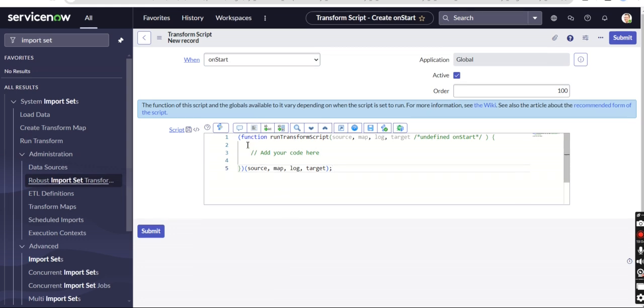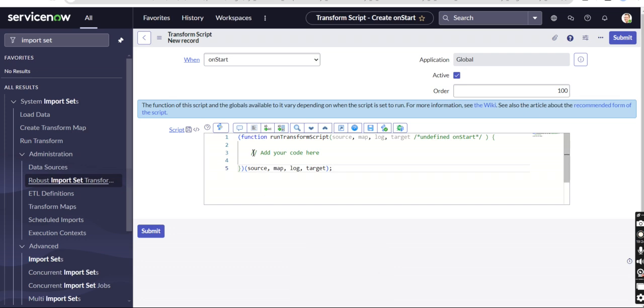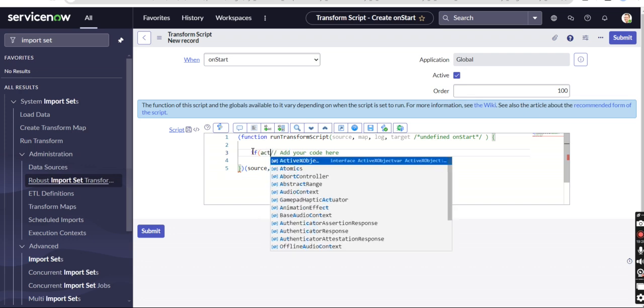Now another important thing is, this is also mainly helpful for avoiding duplicate records, and additionally to take conditional based insertions, conditional based insertions. So what type of conditions are there? For example, if action,